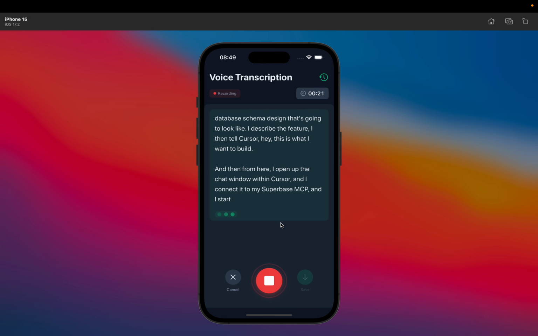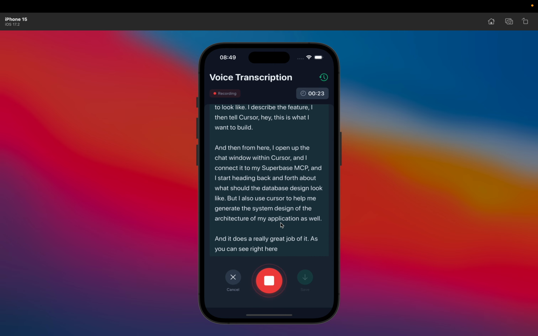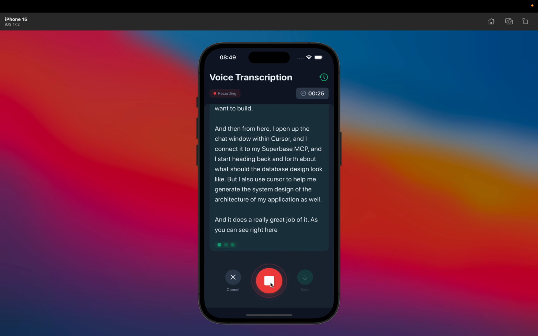So as you can see right here, Cursor not only helps me with the design process of the UI and the UX, but it also helps me with the system design, the database design of it all. And when using Cursor, I am